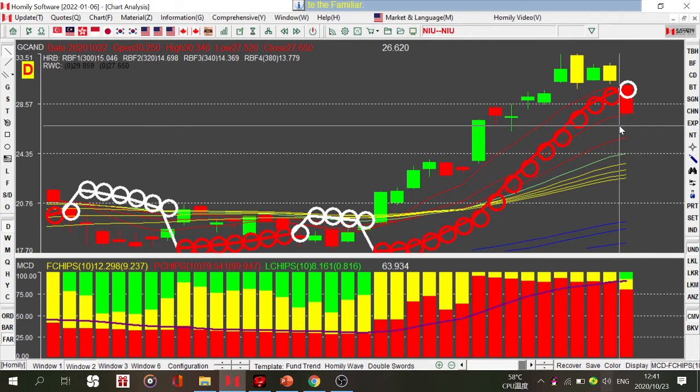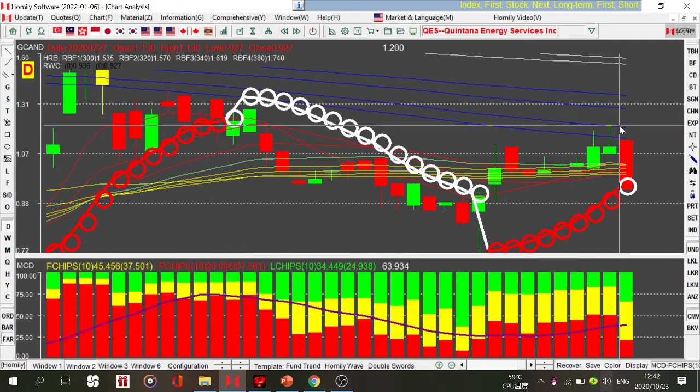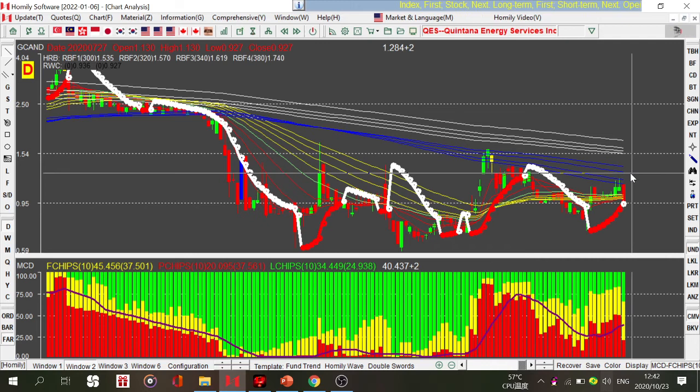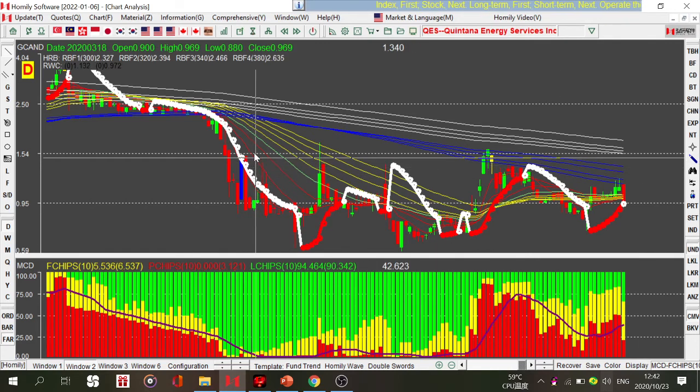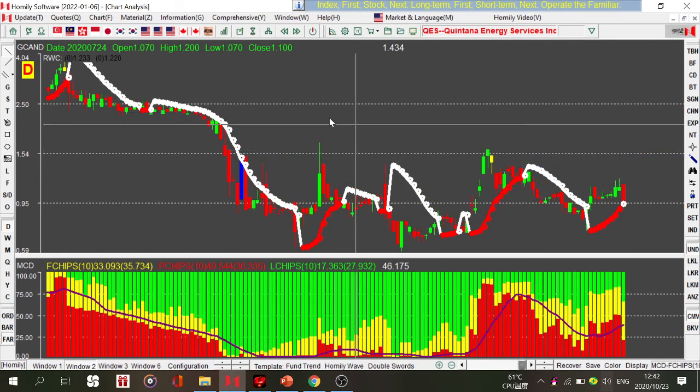Okay, so this is about this new one, right? QES. Okay, so firstly, by checking the Homely Rainbow lines, obviously,